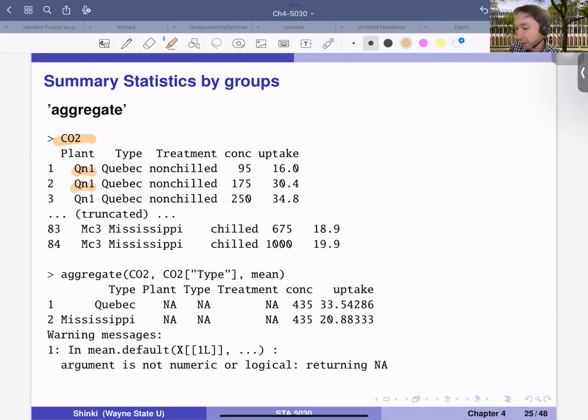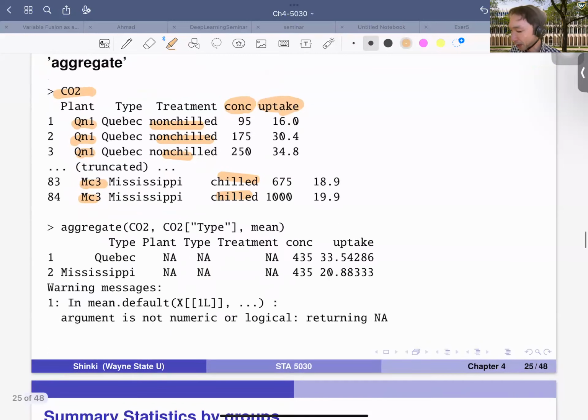And we have different plants. I think this is Quebec and Mississippi. Yes, Quebec and Mississippi. We have several categorical variables, and we have some concentration of some chemical and some uptake of some